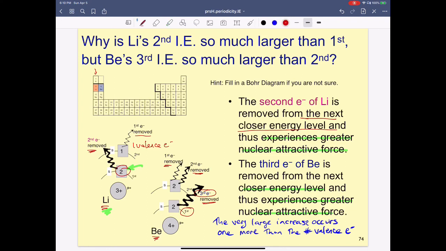So you should try to think about, well, for boron or aluminum or gallium, which ionization energy would see a very large increase? Well, there are 3 valence electrons, and so this would happen at the fourth. The fourth ionization energy for boron, aluminum, or gallium would see a very large increase. It's an easy way to remember. A very large increase will always occur one more than the number of valence